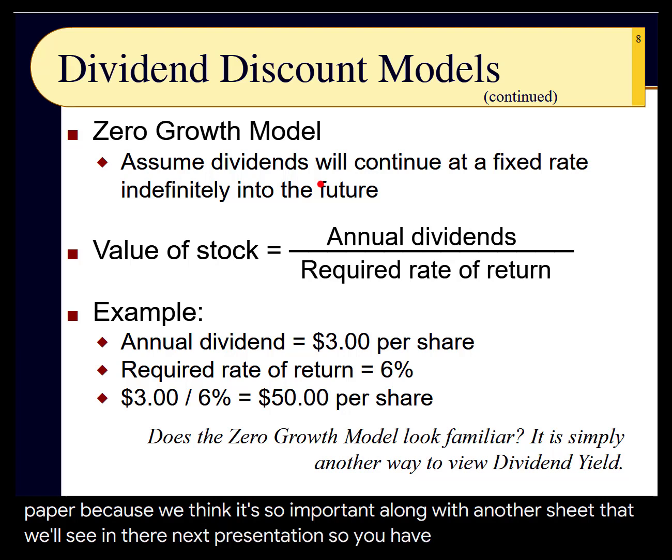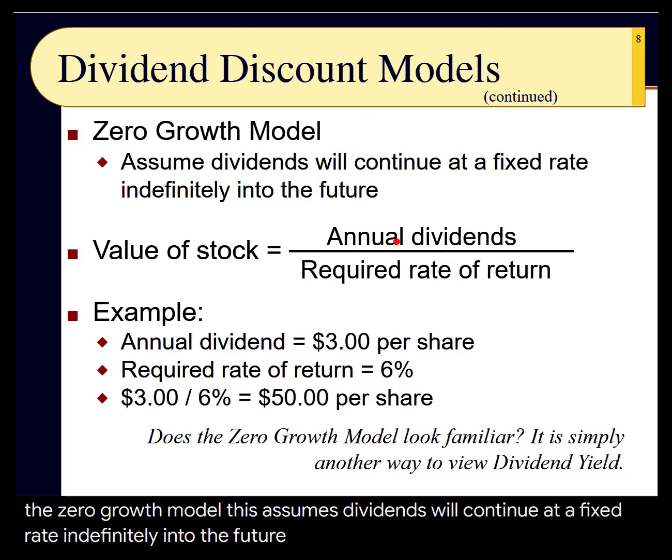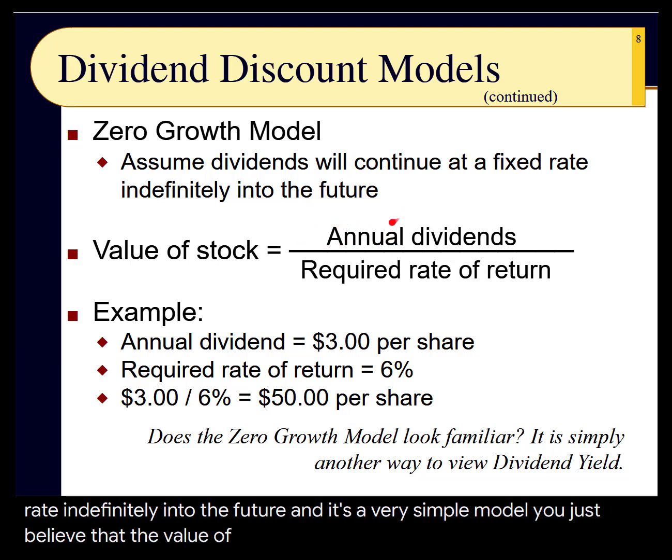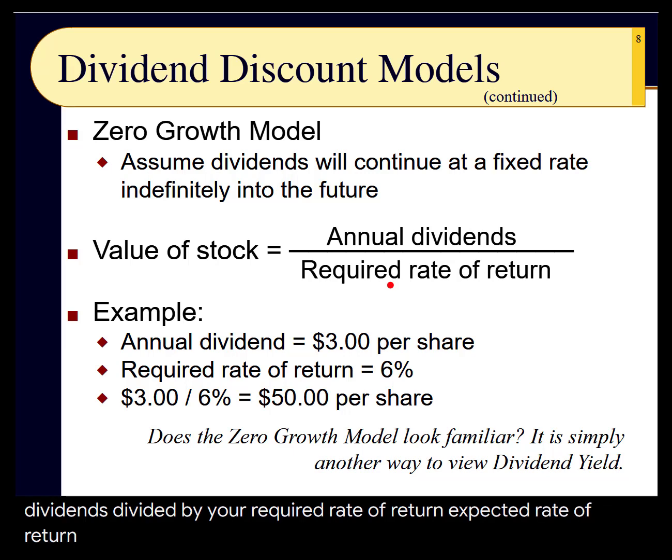So you have it in your hot little hands. The zero growth model. This assumes dividends will continue at a fixed rate indefinitely into the future. And it's a very simple model. You just believe that the value of the stock is equal to the annual dividends divided by your required rate of return, expected rate of return, desired rate of return, or you could use the term discount rate if it